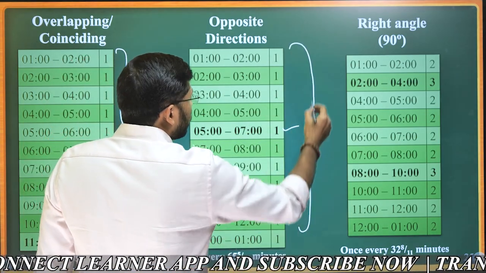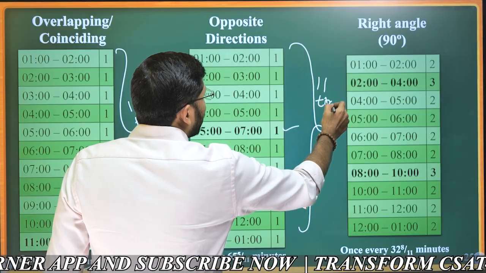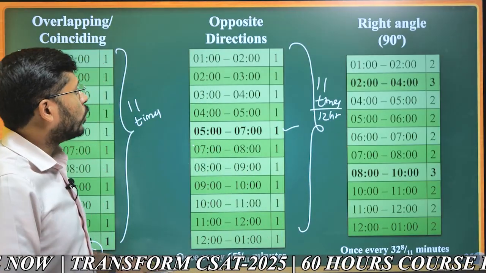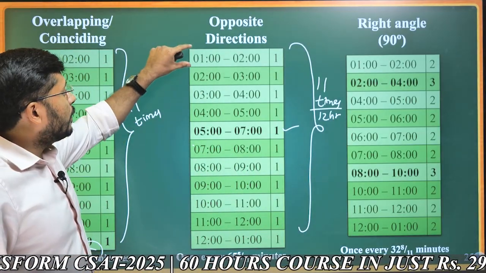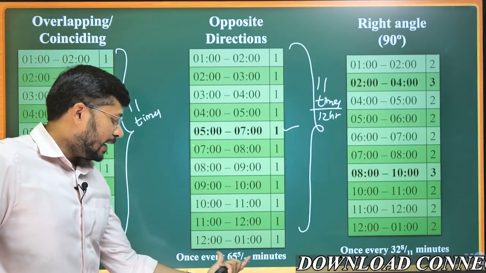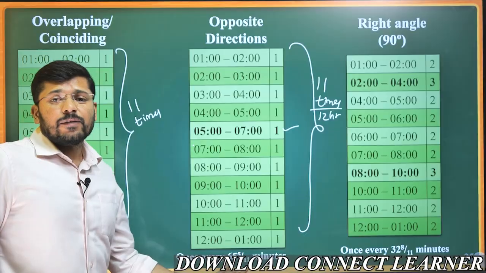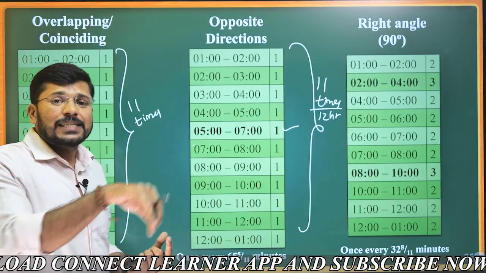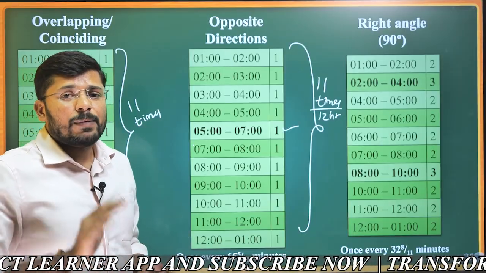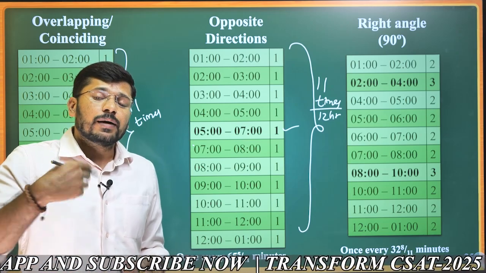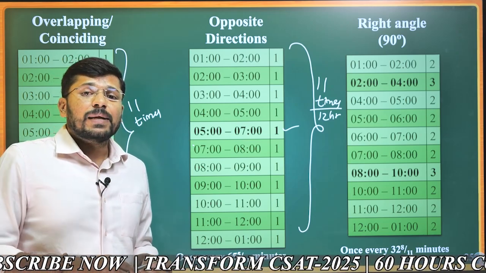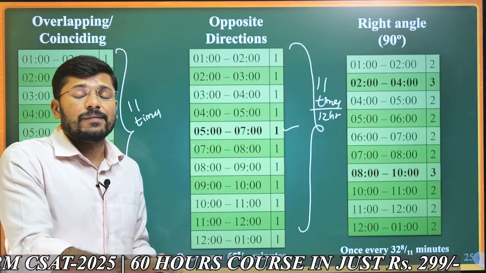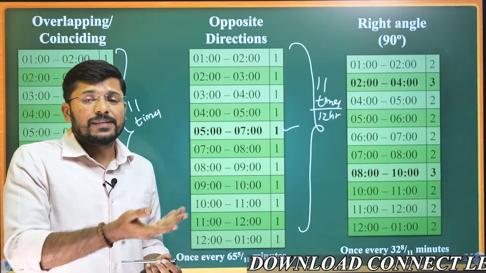And because of that exception, how many times do the hour hand and the minute hand point in opposite directions in 12 hours? That is 11 times in 12 hours. And what is the time difference between one time they are opposite and the next time they are opposite? It is the same, 65 5/11 minutes. So for the next instance, 65 minutes has to pass. For example, they will be in opposite directions at 6 o'clock. When will they be in opposite directions again? When the time is 7:05 something. Why? Because at 6 o'clock they are already opposite, and 65 minutes after that, that is 7:05 something.